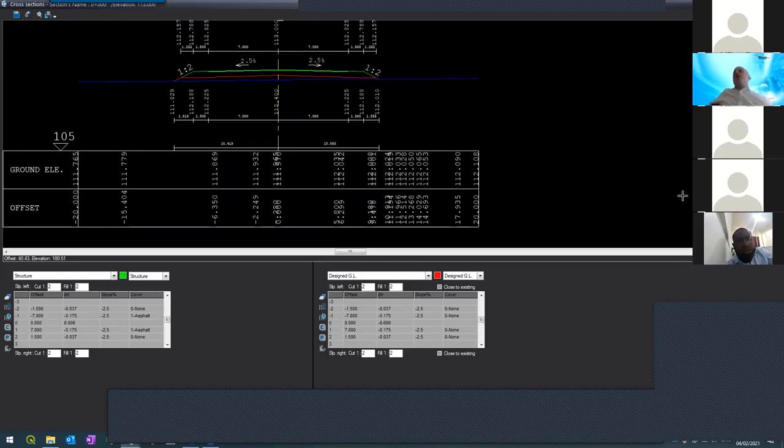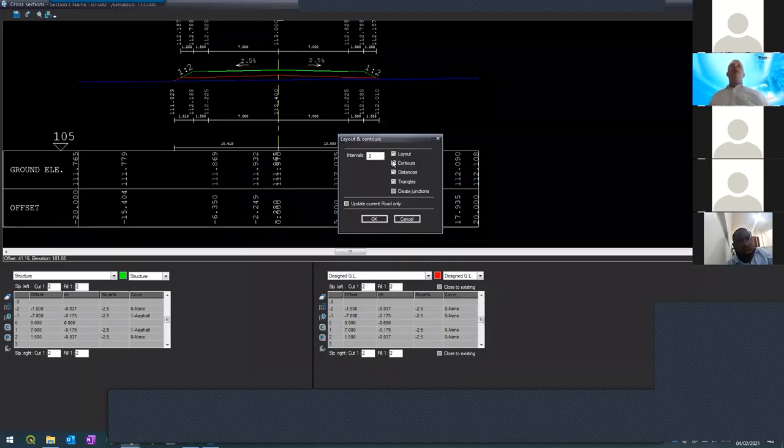None. So what I want to do now is to see the result in the layout, in the map. I'm pressing here, create layout. Here, I'm checking the layout, the contours, the distance, the triangles. What does it mean? Layout is to see the entire layout. Contours, if I want to see the design contour lines. And this is the interval which the system will create for the design contour lines. The distance is the distance between the sections, just to see it on the layout. The triangles is to create a surface out of the road,